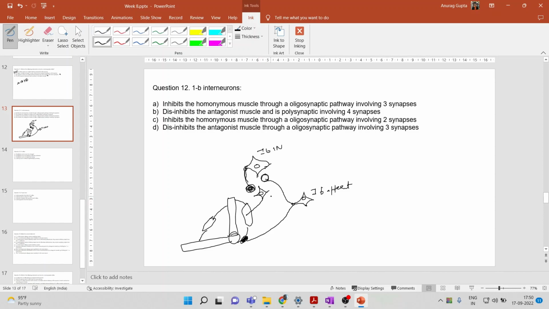So we have an alpha motor neuron here. When the alpha motor neuron fires, it causes a contraction in this. So the 1B afferent excites the 1B interneuron, and the 1B interneuron,